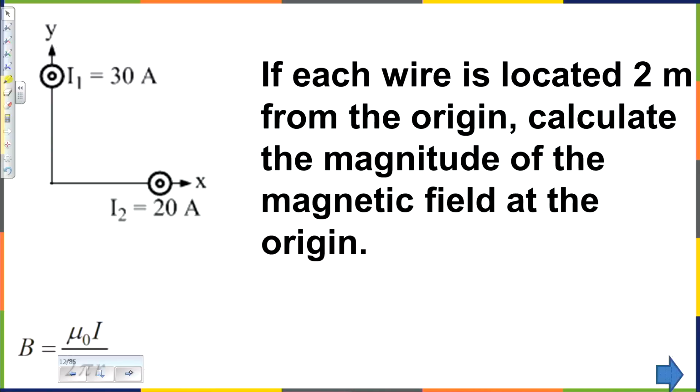I want you to copy the picture. I want you to draw the magnetic field due to the wire number 1, the magnetic field due to the wire number 2, the net magnetic field, which you were looking for, and then finally, this day has come. You can take your phone, use it to take a picture of your picture, and email it to me. So I would be busy late night today.